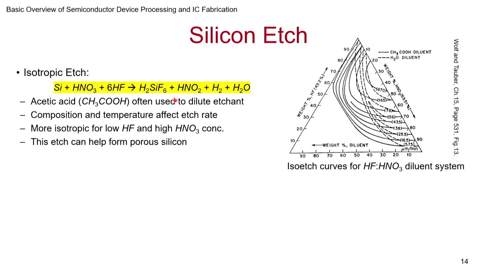That being said, if it is not controlled, and usually you try to have HF concentration be very low and HNO3 concentration be high. Otherwise, what can happen is it is such a rapid reaction, you may have pitting, and sometimes even porous silicon gets formed. In some combinations, you can get what is known as porous silicon, which has its own utility, and a lot of innovations have come out from that.